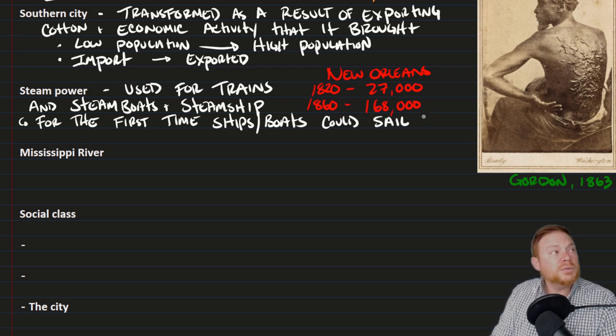If you have a boat that doesn't have a sail, you're still sailing. Who knows? For the first time, ships and boats could sail against the river,